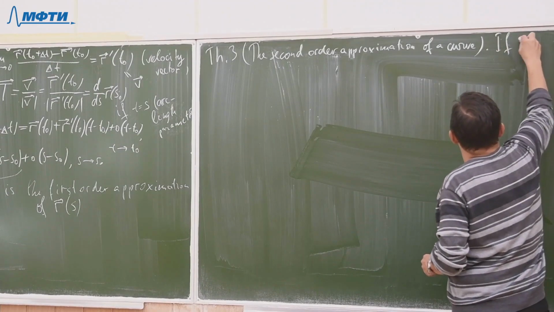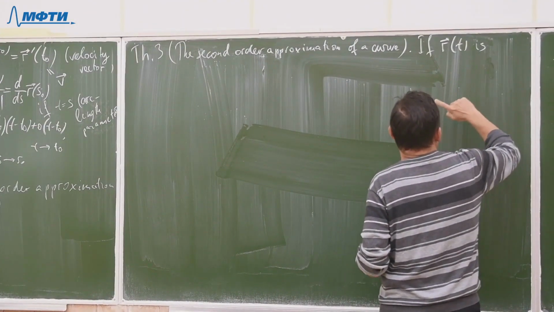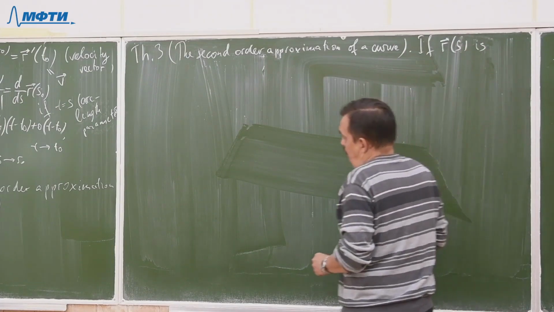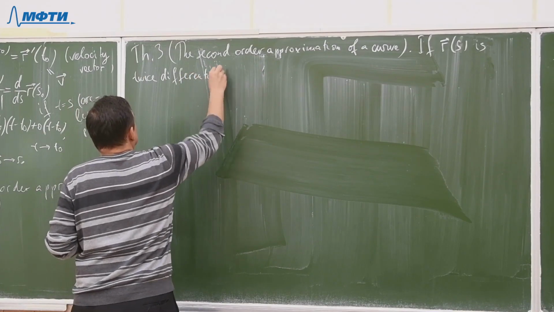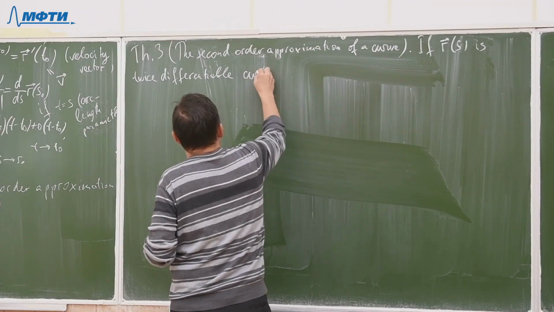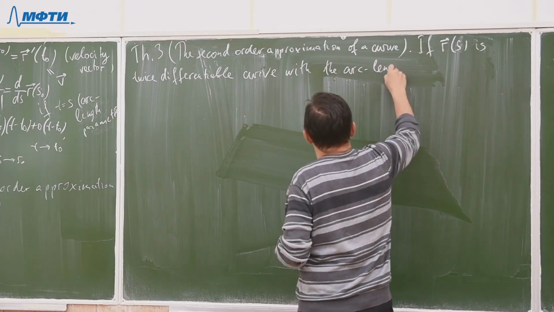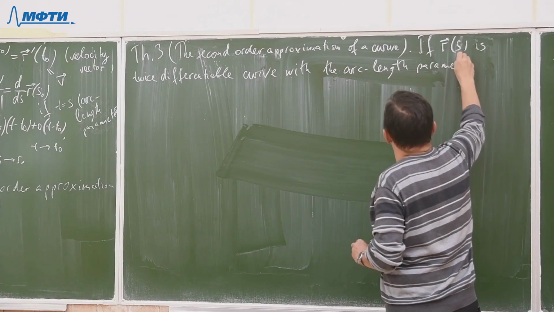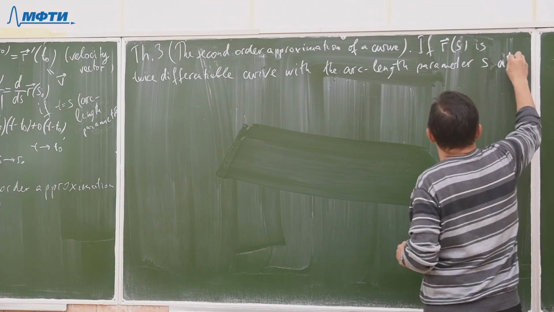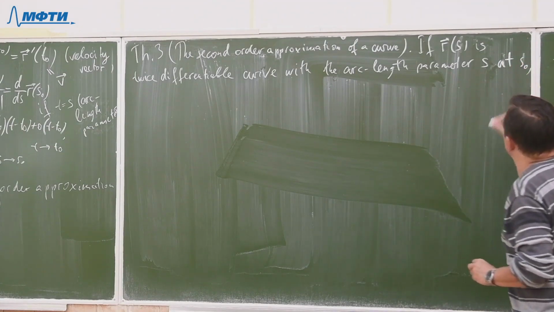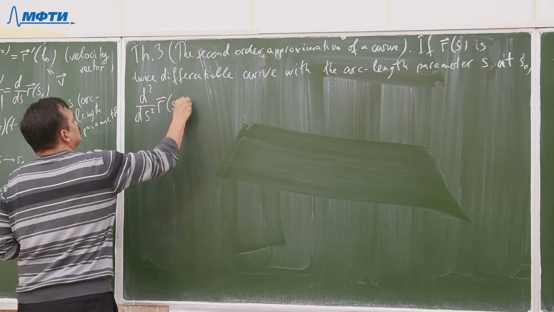So if r of t, sorry, not r of t, r of s is a twice differentiable curve with the arc length parameter s, at s naught, and the second derivative at s naught is not 0,